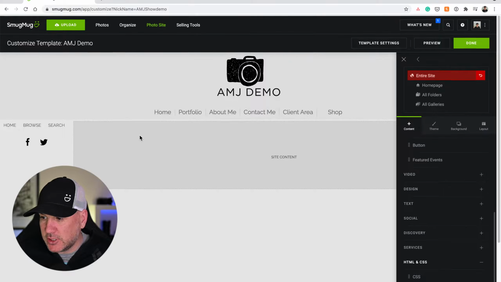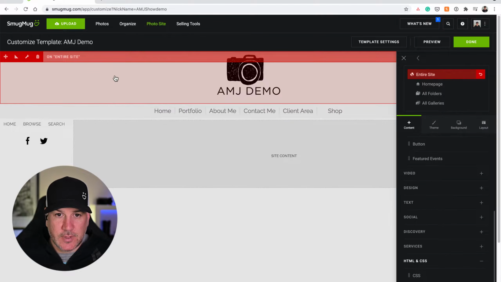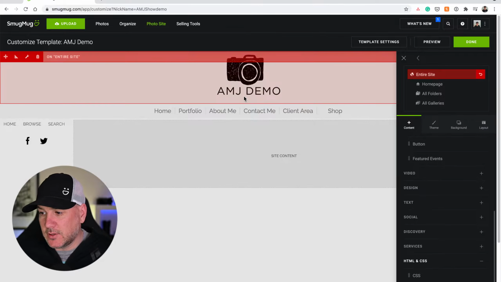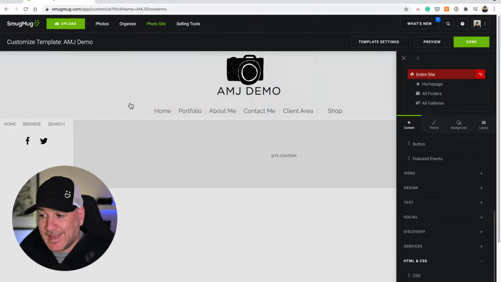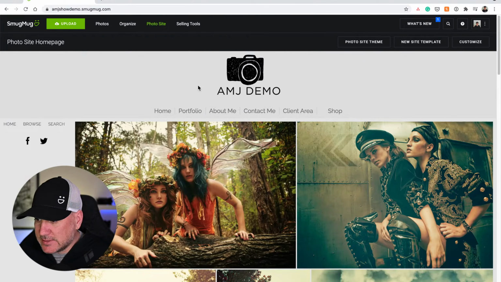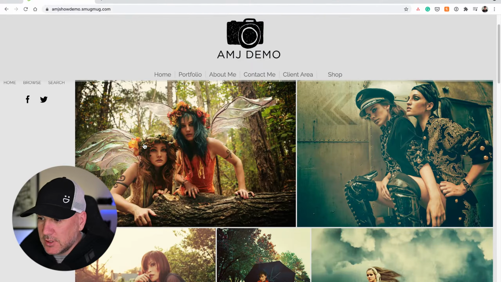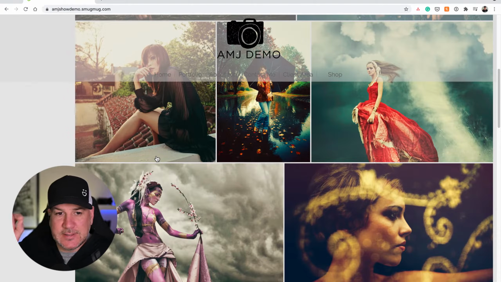You can, however, change the color and the background of just the header itself, rather than the rest of the page. If you think about what I've done here, I've dragged the logo and the menu navigation content blocks into the header of my website. If I just click done and click publish, you'll see that the header is sticky at the moment. So someone comes to your website, they see it like this, and when they scroll down, that header is staying in place. So I've pinned that